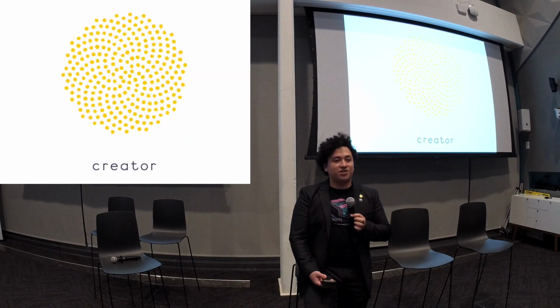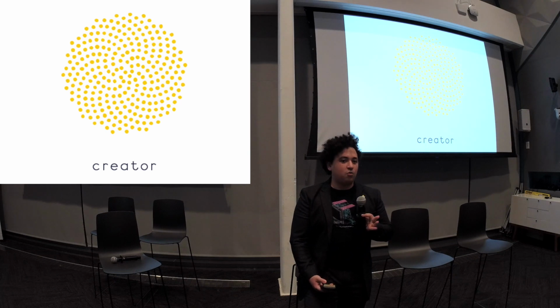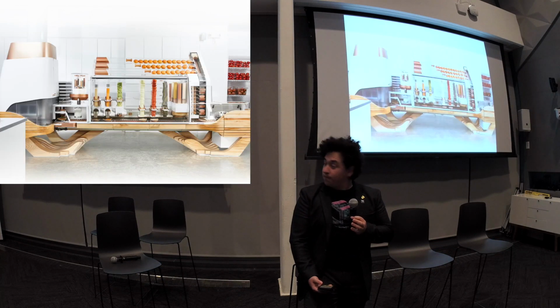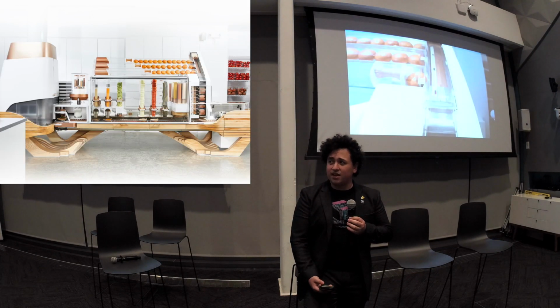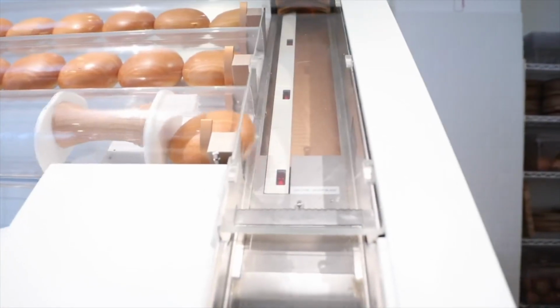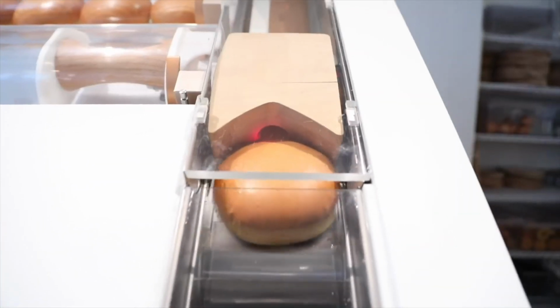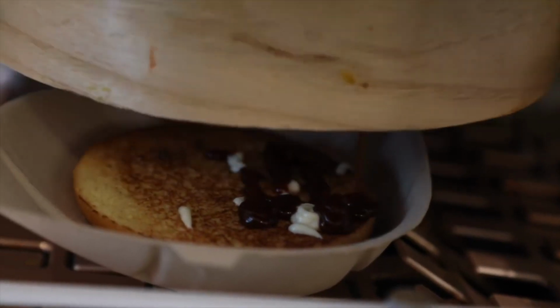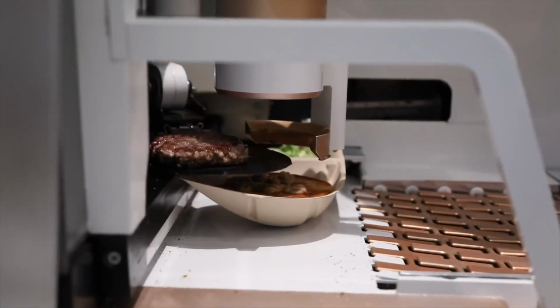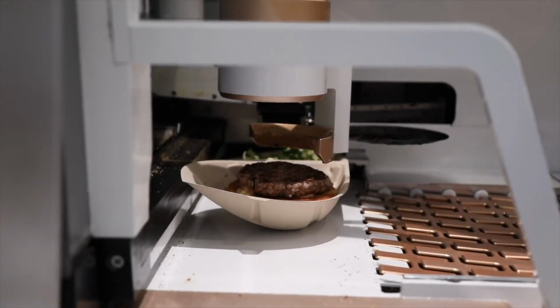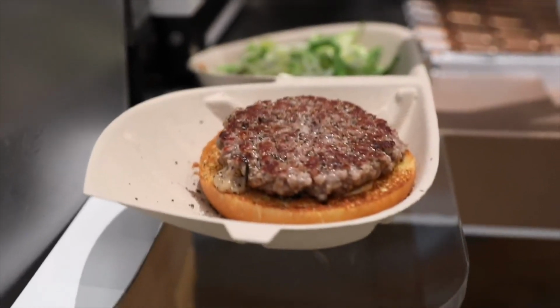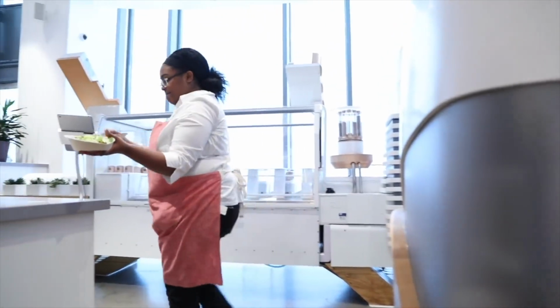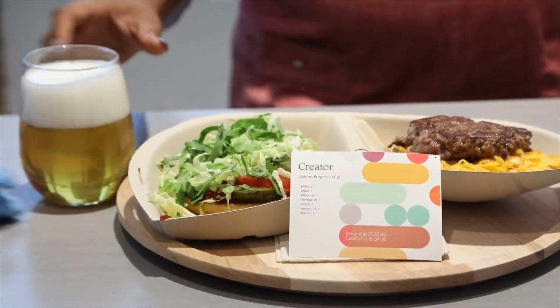But this is the other side, right? So now thinking about companies, how we shape what technology will do. This is a startup in San Francisco. It's called Creator. This machine you see here can fully cook a burger on its own. No human intervention necessary other than loading it up. It allows you to bring costs down to the milliliter of sauce, and you can have the same burger cost the same amount of money. They sold the burger for $6. If you ask me, it's because at the end of the video, which I do want you guys to see, that's the human part, a person still gives it to you with a nice smile and a beer.